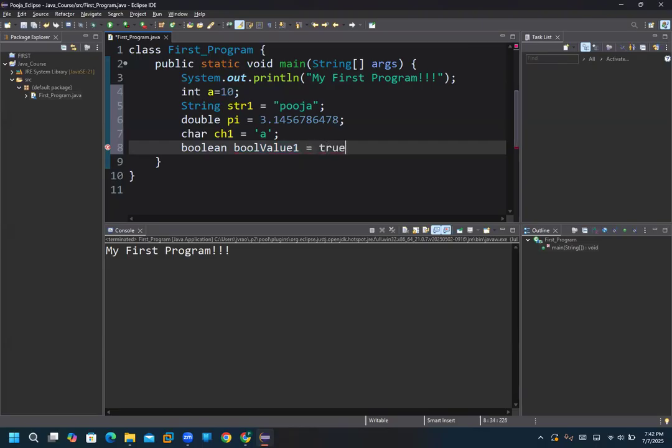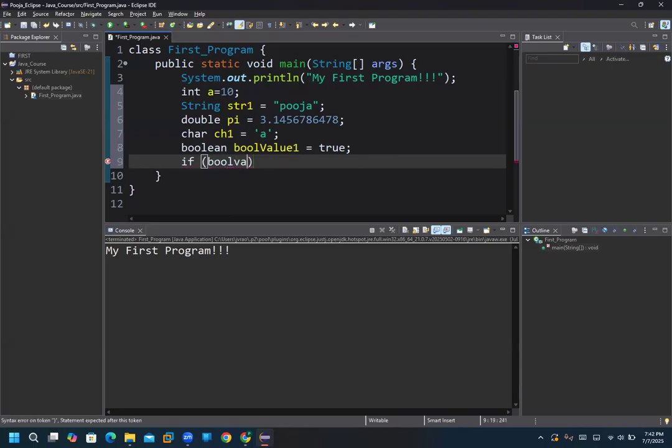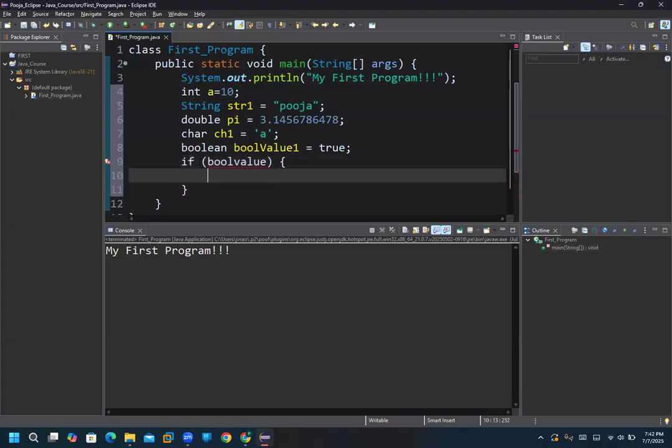Then let's print it. If boolValue1, then print